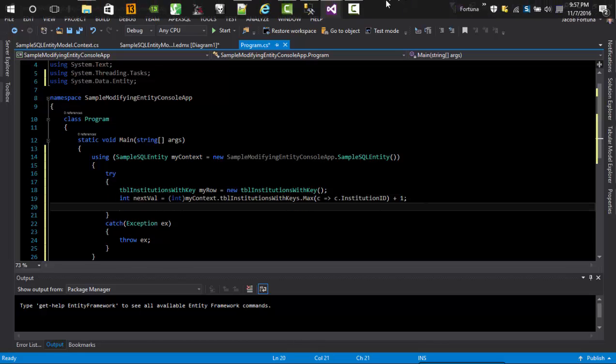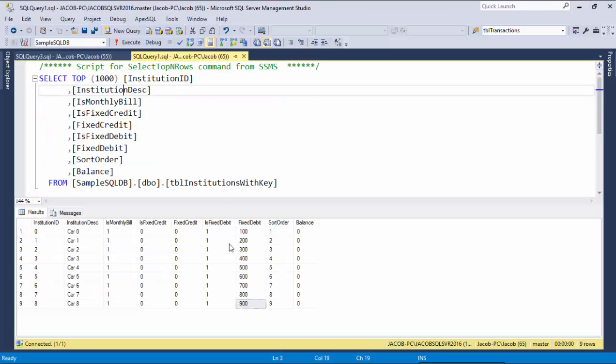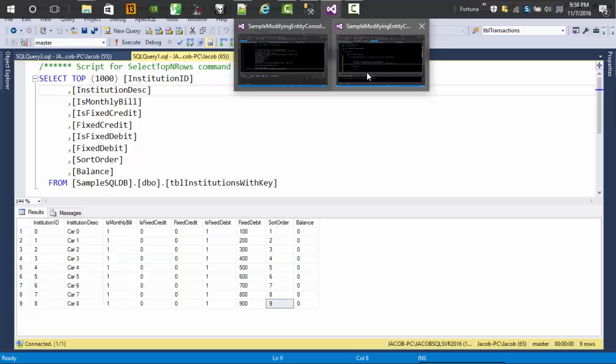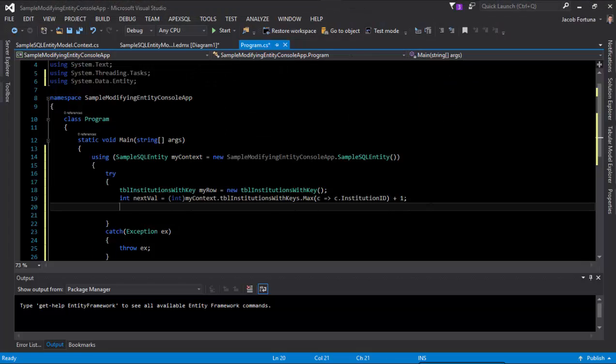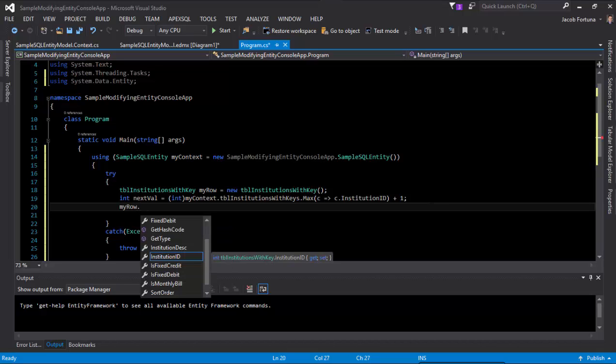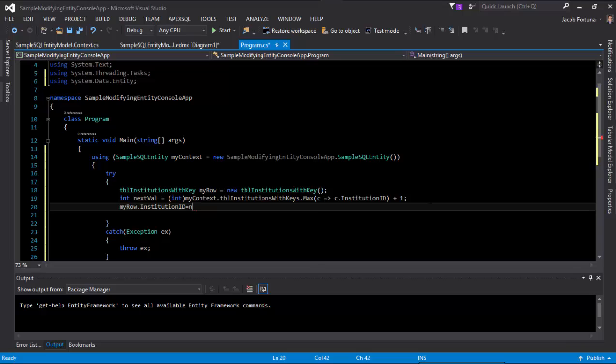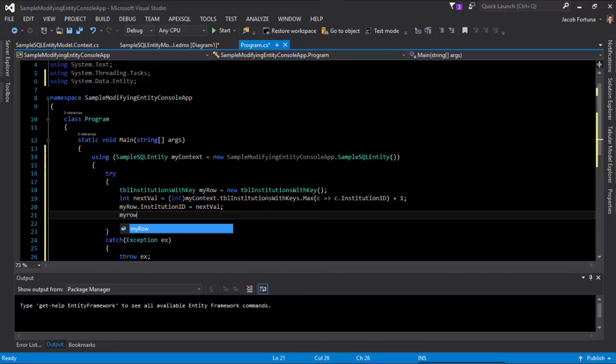So that way, if in this case, we can see that the maximum value we currently had for sort order was 9, and this then would return 10 as the new sort order. So go back here, and now we'll do my row dot institution ID equals next val, and then we'll do my row dot institution description equals car plus next val,